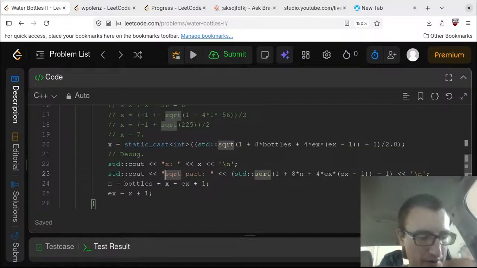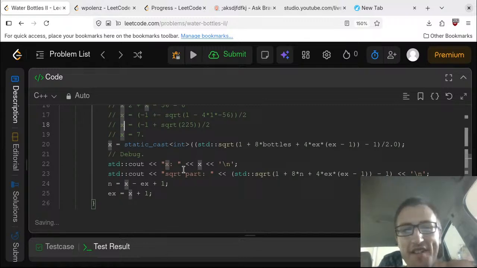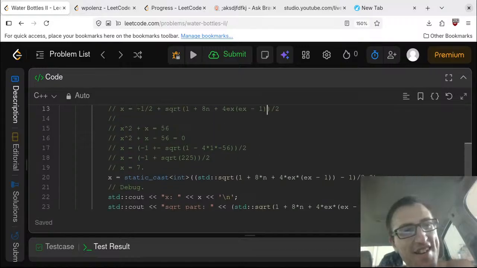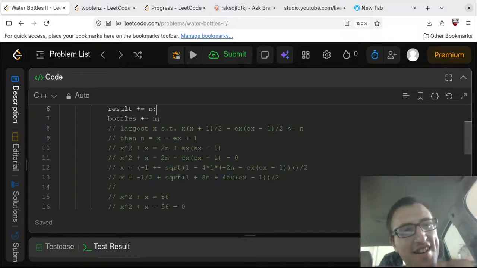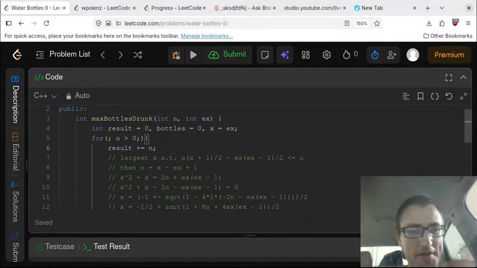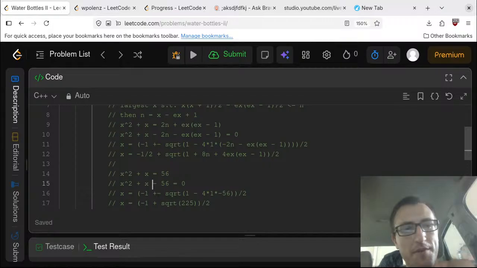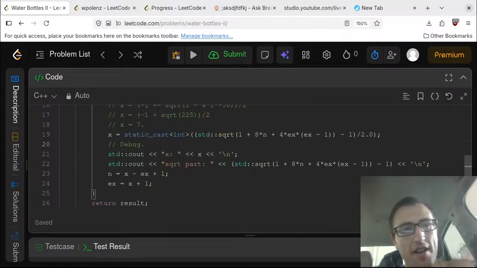Oh, that's confusing. Hold on a minute here. Wait a second. I think I need another variable, but I'm not sure what to do with it. Okay, hold on. So we have the result. We accumulate. We have n. We drink all of n, and then we have 0 bottles left. Now, when I process this here, n becomes something more,